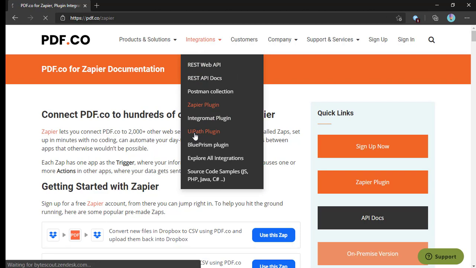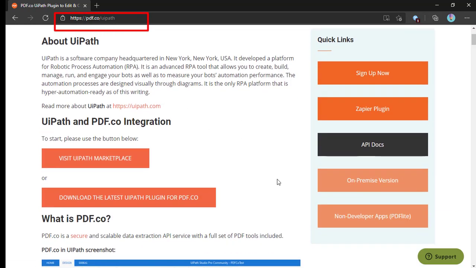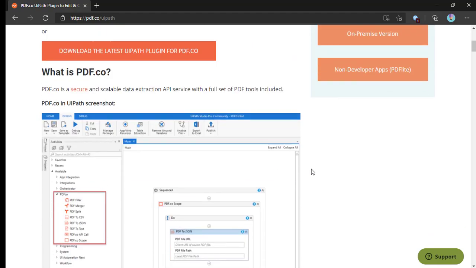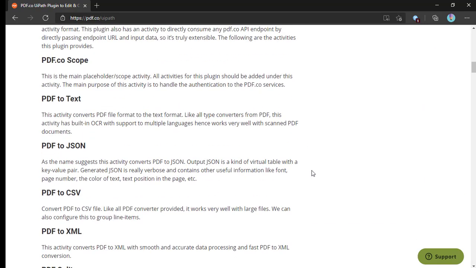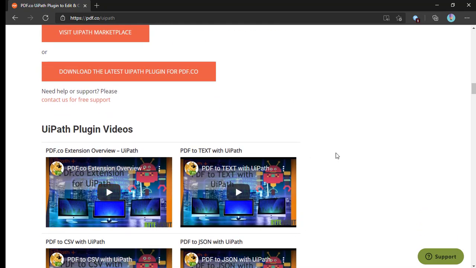For example, if we want to use PDF.co with RPA, for example UiPath, then you can come to this page and download the PDF.co extension for UiPath. As well, to get to know more about it, you can also watch the videos on the integration.